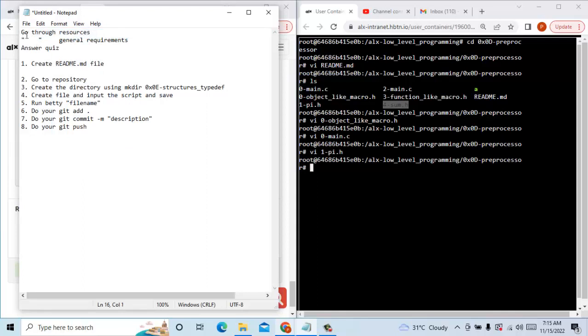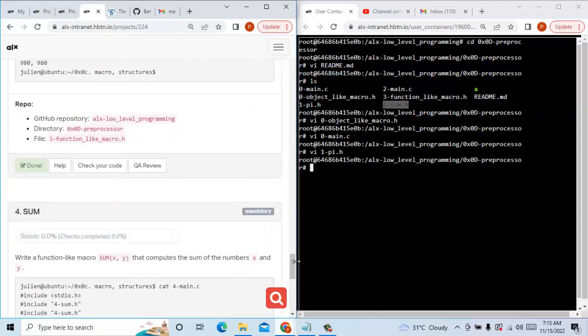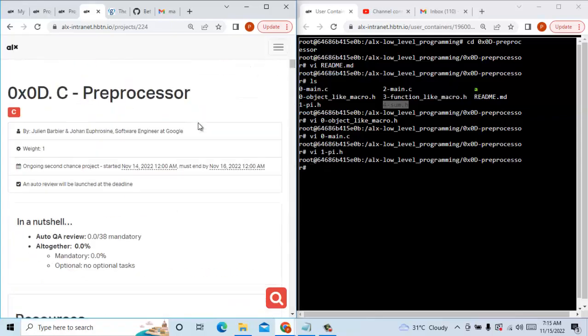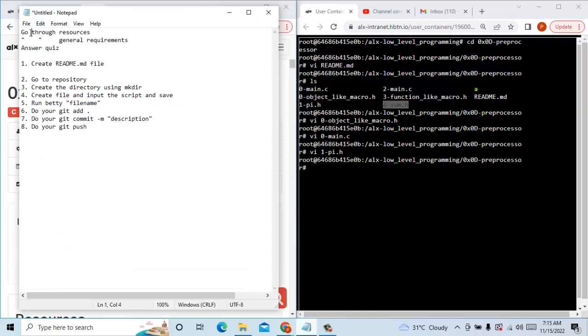Now the first thing you do for this particular project, which is your preprocessor, first thing first, you go through your resources, also observe the general requirements, and then you answer your quiz. When you're done, the next thing to do is